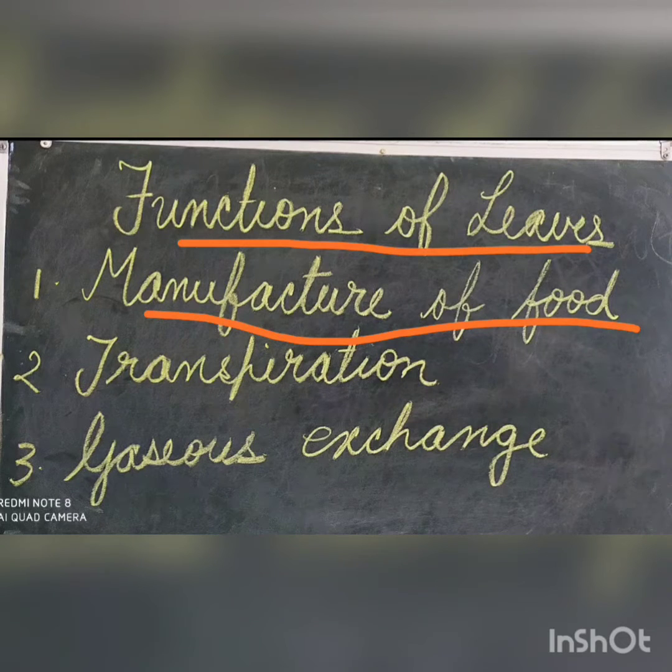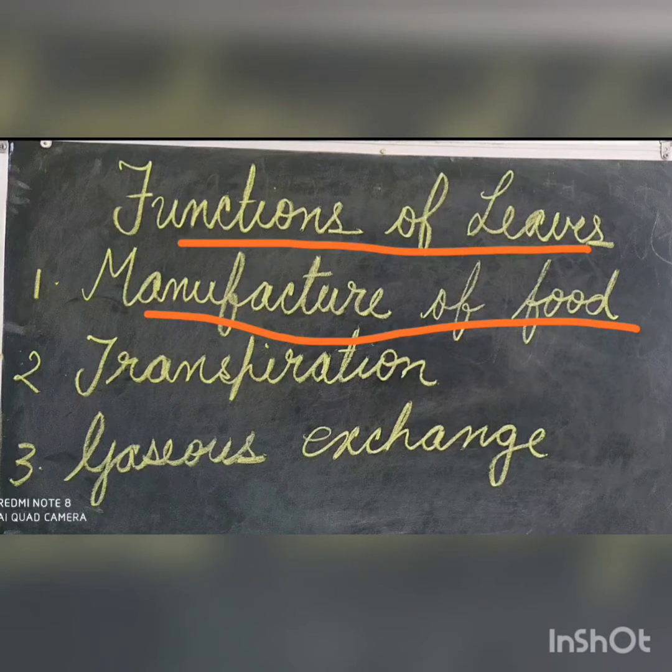The green leaves prepare food for the plants in the presence of sunlight and chlorophyll by a process called photosynthesis. In this process, the leaves use carbon dioxide and water to prepare the food in the form of starch. Oxygen gas is released in this process. As the green leaves prepare food for the plants, they are also called the food factory of the plants.